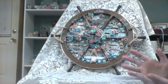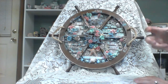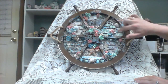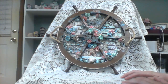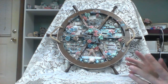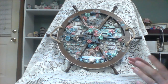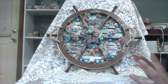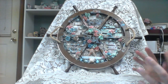or a gel medium. And a lot of the words and some of the embellishments I popped up on pop dots, or foam, to give it some dimension. And I just kind of layered and went with it. I didn't have a clear vision of what I wanted, but I knew that just like any other project, if I just keep adding and going a little at a time, it all comes together